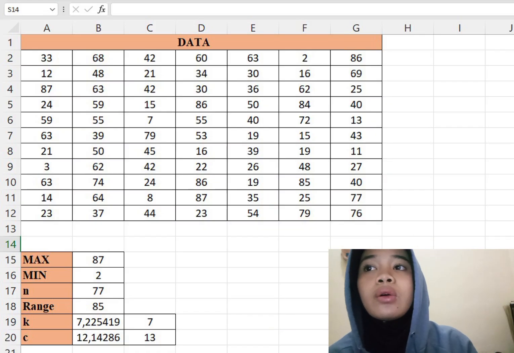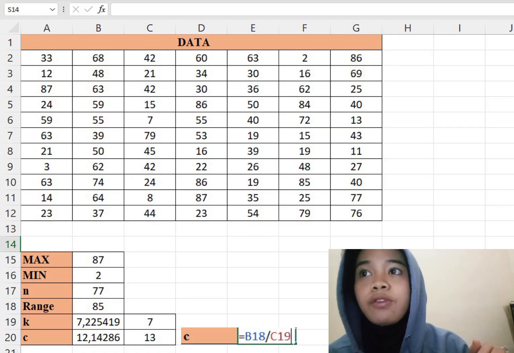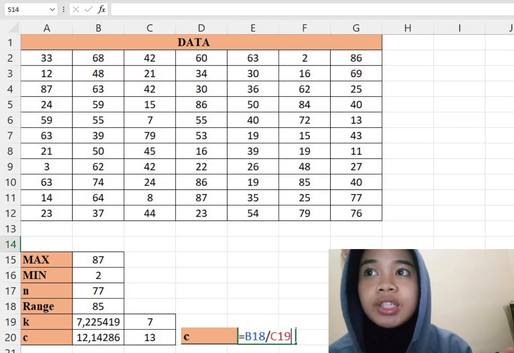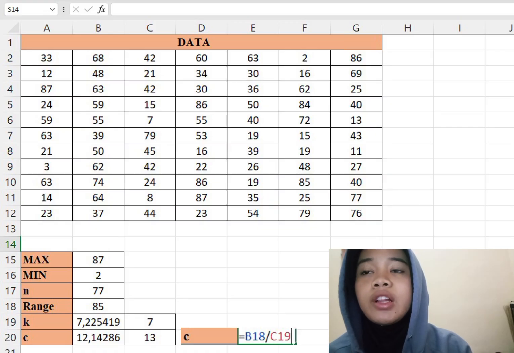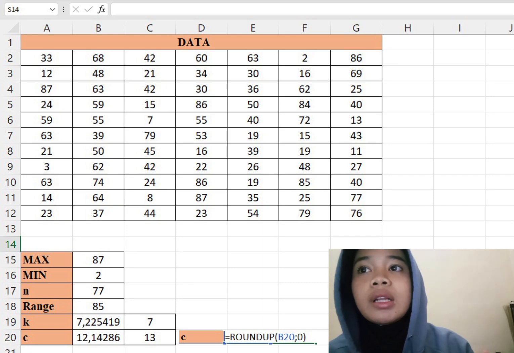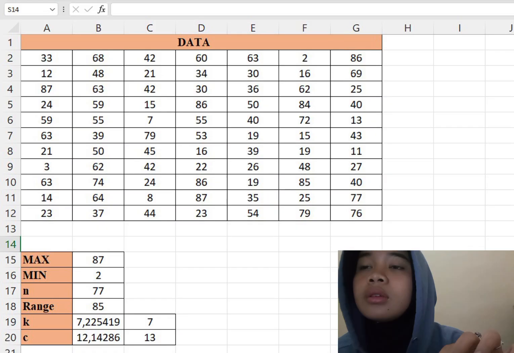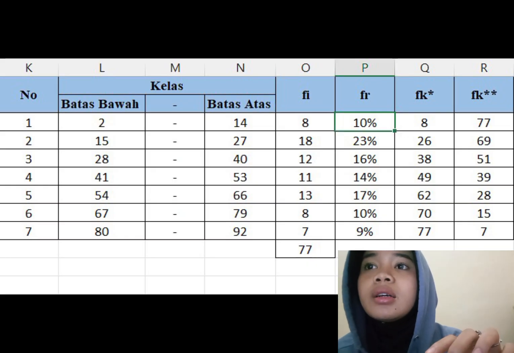Next, to calculate the value of C, use the formula equal the value of the range divided by the value of K. If the result is a decimal, use the formula round up.